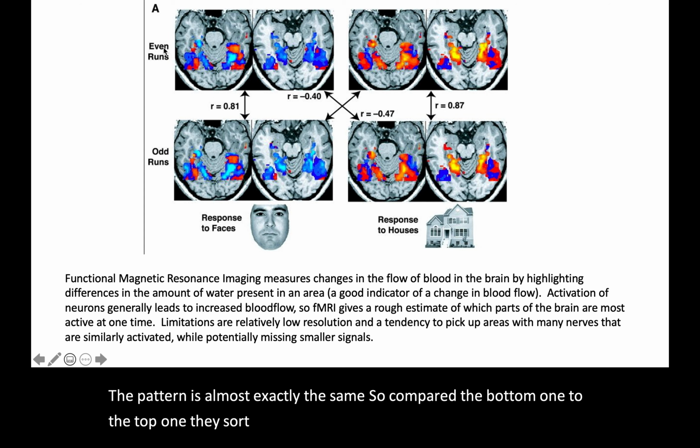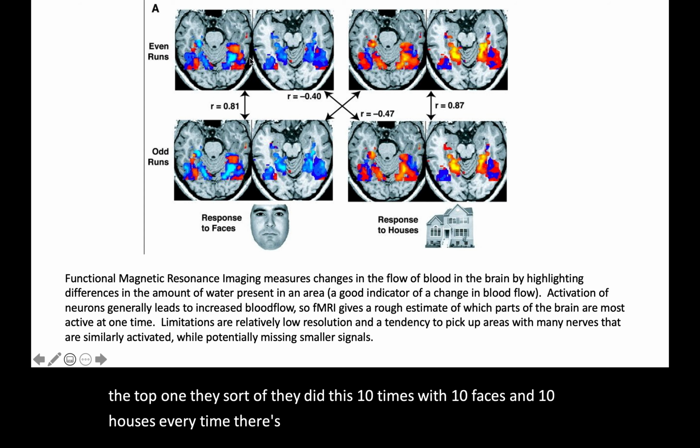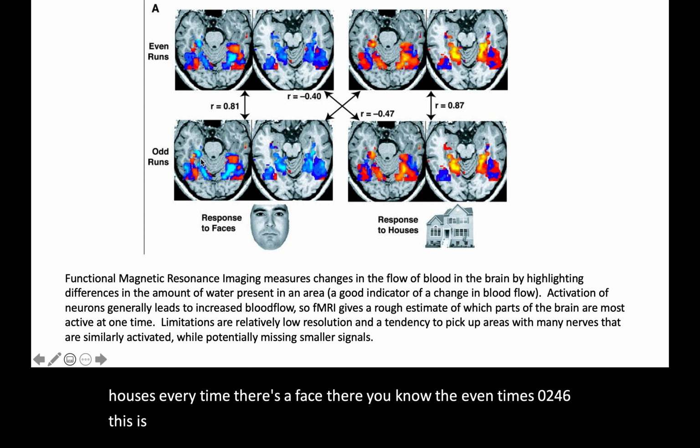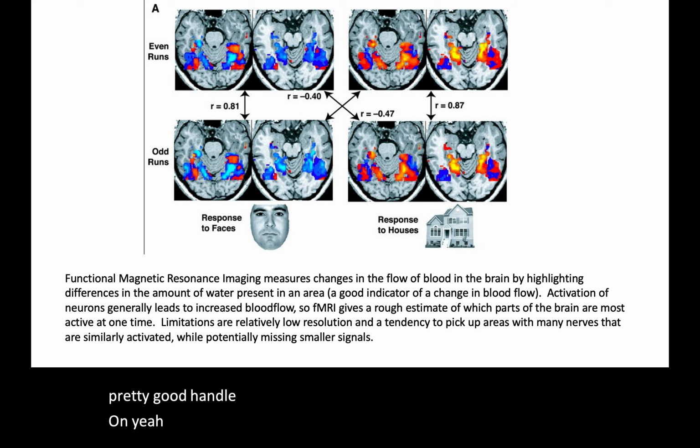They did this 10 times with 10 faces and 10 houses. Every time there's a face, the even runs, like 0, 2, 4, 6, this is the average of everything. The odd runs, 1, 3, 5, 7, this is the average. That correlation, the R value, is a regular Pearson correlation coefficient, and that is a very high correlation coefficient. That says we've got a pretty good handle on how the part of the brain actually controls thought, or rather